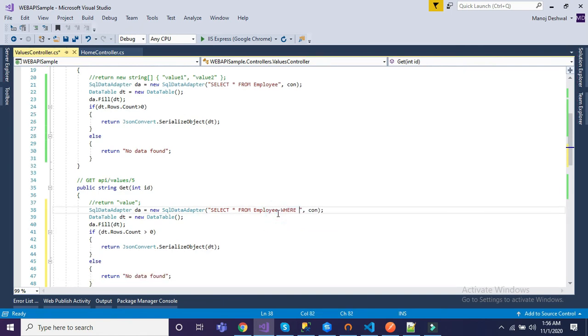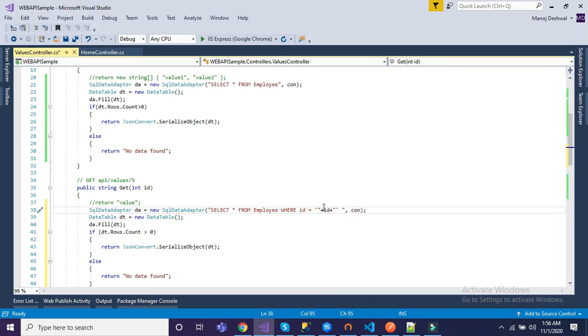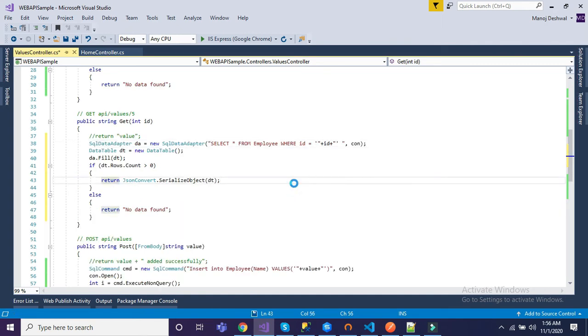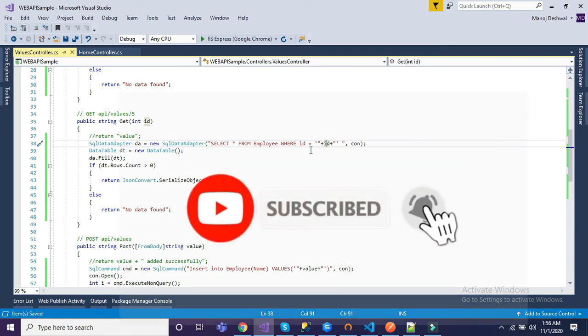So where id is equal to id. All right, that's it. So whatever id we will pass into this get method, it will pass to this command and it will search in our employee table with that particular id. If the record gets found, then it will return the particular record, else it will return no data found.